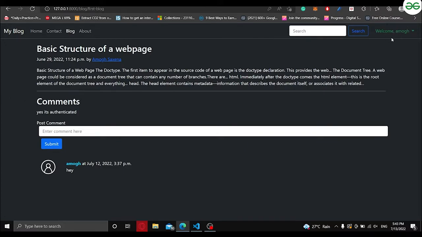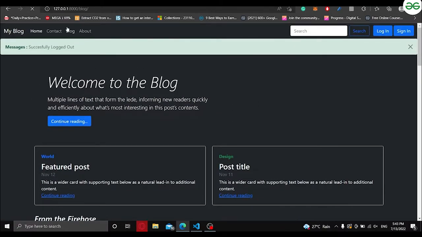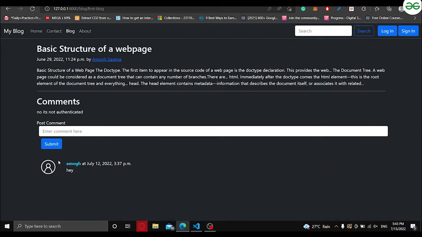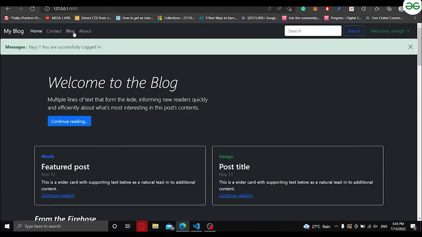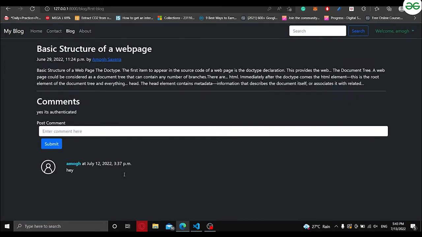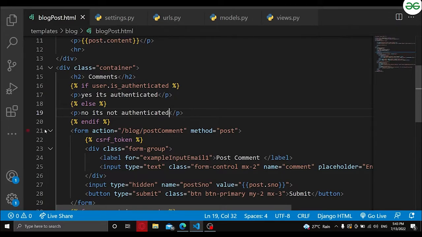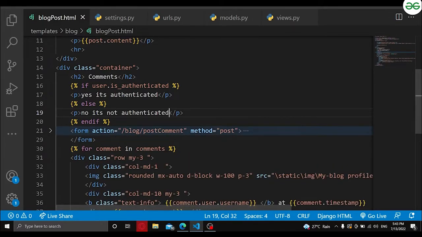Here you can see I am logged in. So it says here, yes, it's authenticated. And if I log out, and go back to the blog website, you can see, no, it's not authenticated, right? So now what we can do here is we will put this whole form, this full form